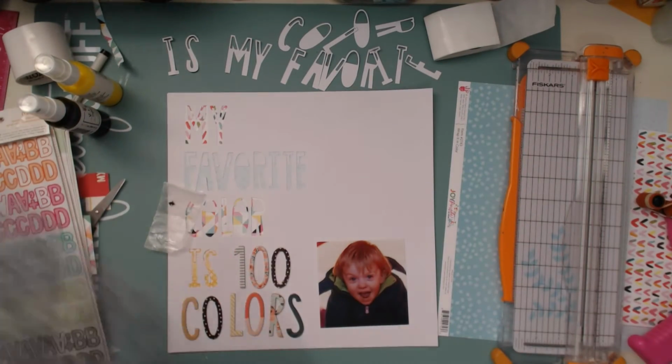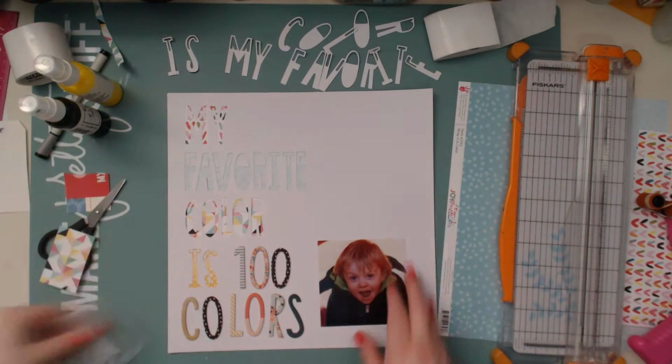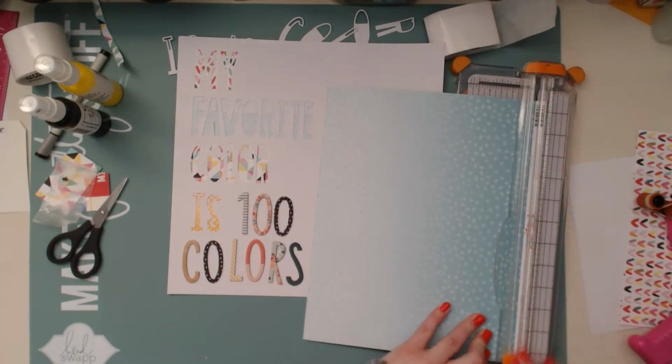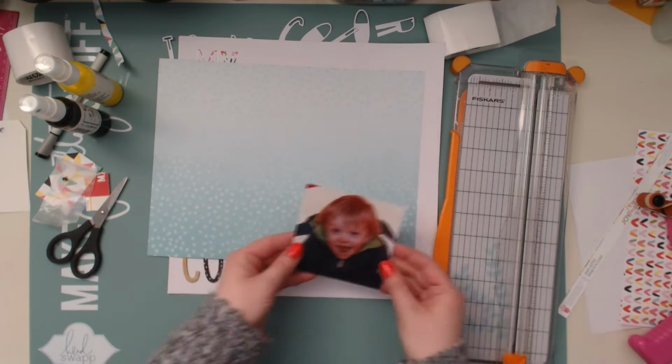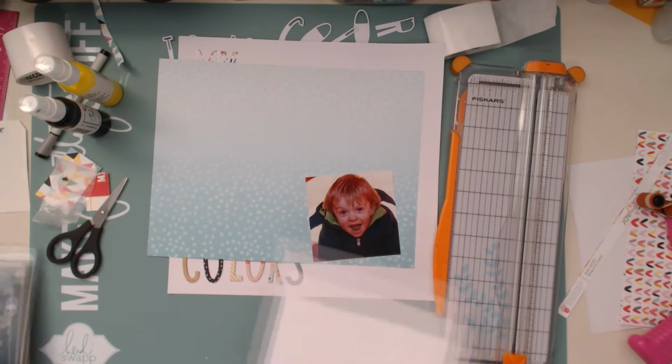Something that they can take away with them after they leave my home, after they grow up and move out. Otherwise I'm just going to keep all of their albums here because they're family albums and I want to be able to look through them, you know? So after making this layout, I have decided I am going to do story albums for each one of my